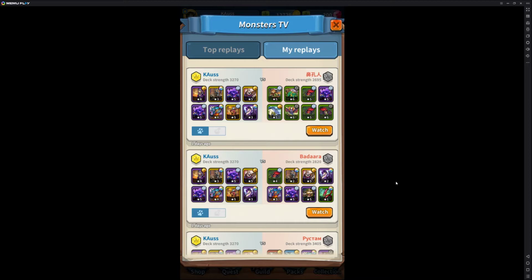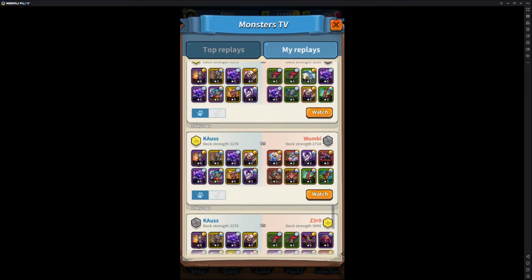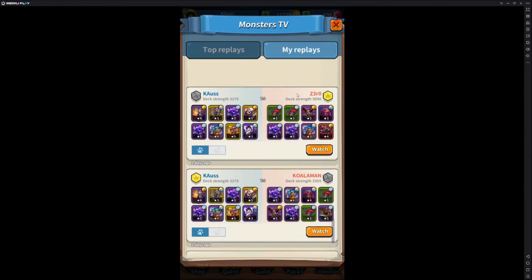So that's game 2. Sorry I stumbled a little bit on that explanation in that video, but once again, I hope explaining the strategy behind the thought process really helps with how to play this deck. The reasoning behind what you do when you do. So that was against Koala Man. And next game, we'll go ahead and look at...